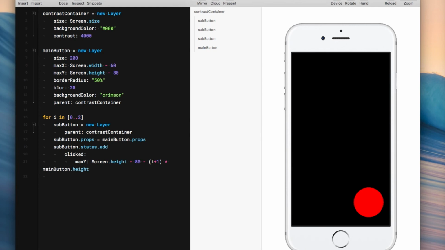And lastly, we want to apply an animation option to it. But before we do that, why don't we test it out? So mainButton.onClick. We're adding an interaction to this main button. So for layers,